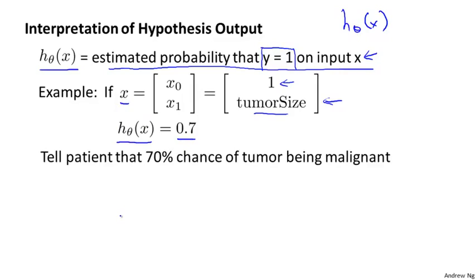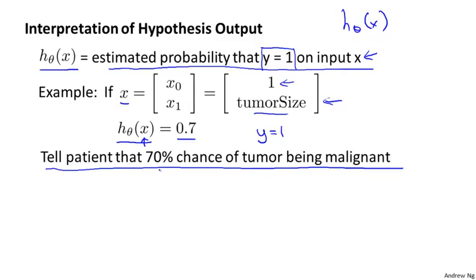I'm going to interpret my hypothesis as follows. I'm going to say that this hypothesis is telling me that for a patient with features x, the probability that y equals 1 is 0.7. In other words, I'm going to tell my patient that their tumor, sadly, has a 70% chance or a 0.7